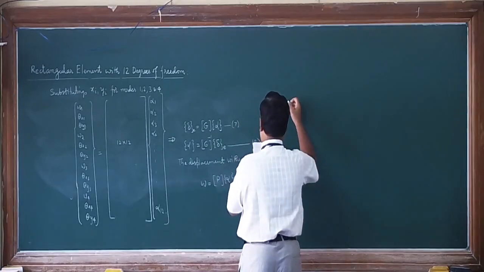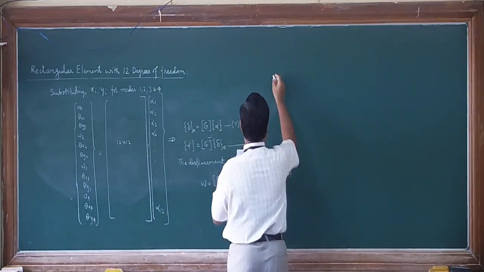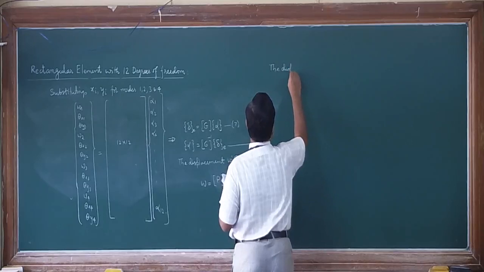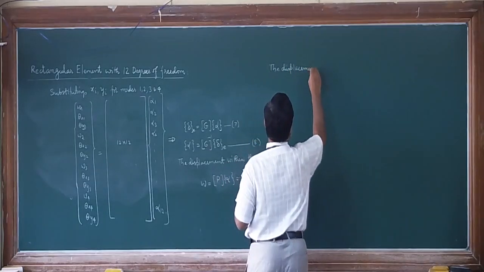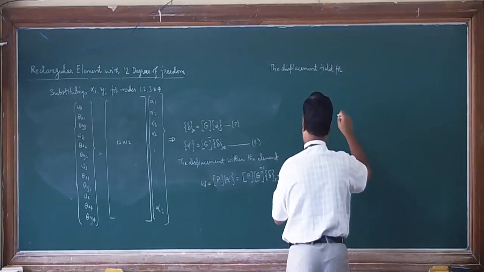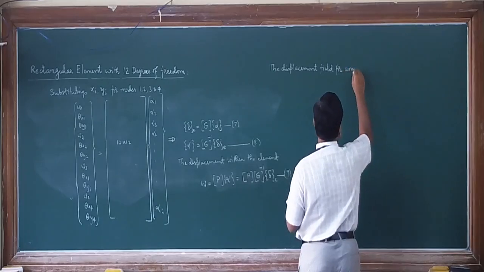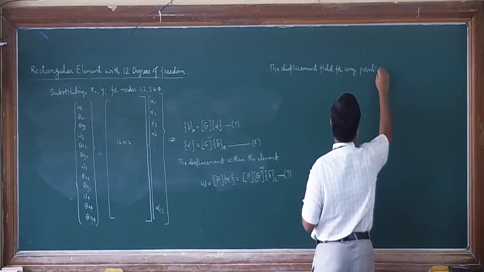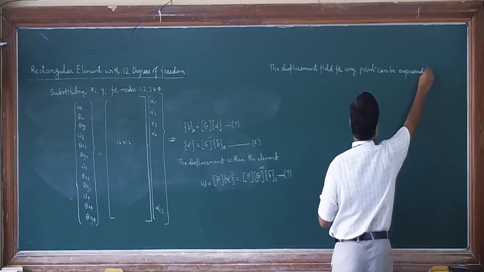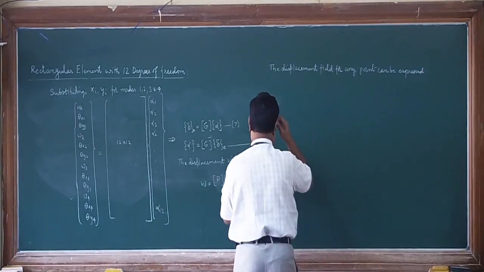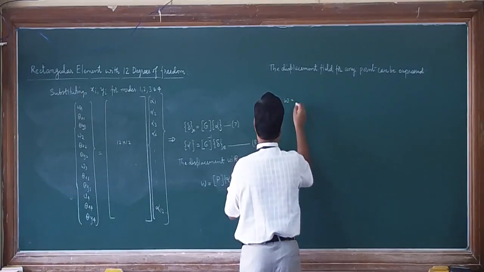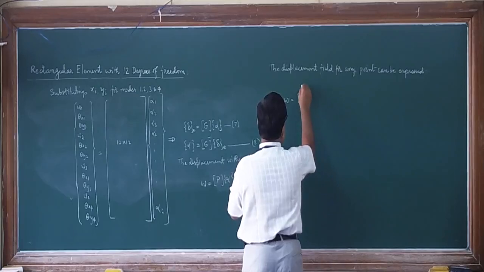And the deflection field, the displacement field for any point, can be expressed in terms of the shape functions, natural coordinates. You can use normalized coordinates: summation i equal to 1 to 4